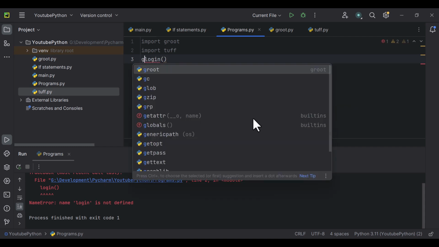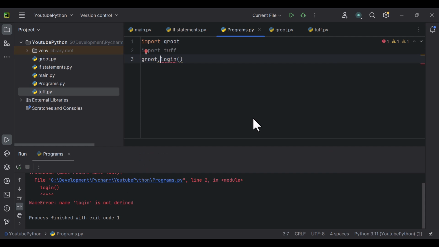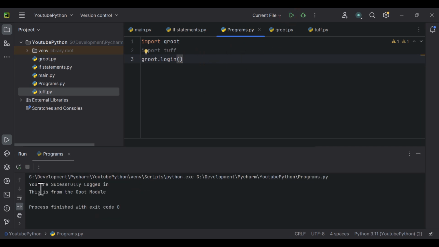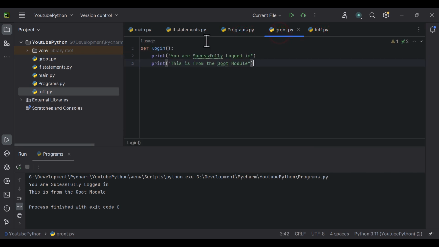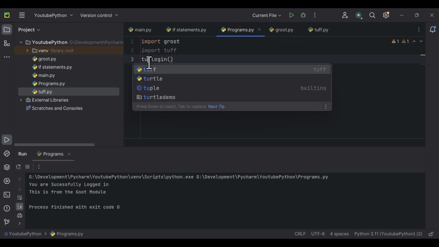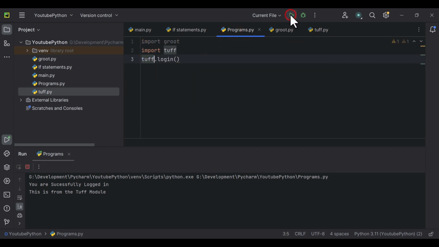dot login. Okay, hold on, I used the comma instead. Okay, so right now, if I'm to save that and run it again, it's going to say you're successfully logged in. This is from the GRUD module. So if I want to call this function from the TAF module, then I would have to change this to TAF. Then it's gonna print out the same thing, or otherwise I can still use the GRUD,